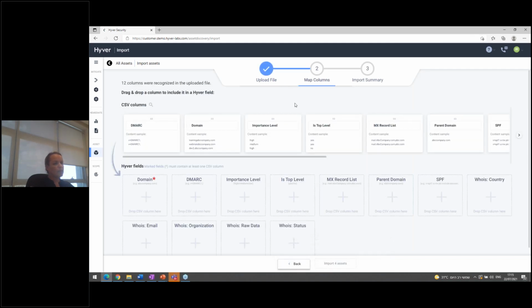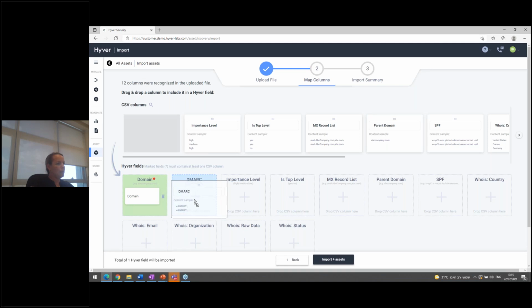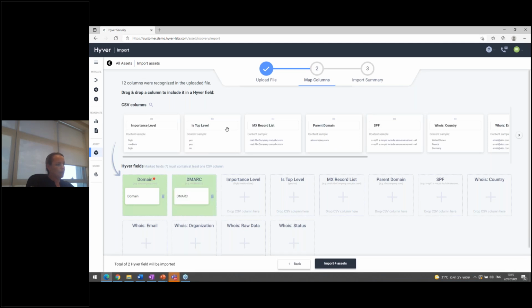Here, on the upper side, you can see all the columns which are available within my CSV file. On the bottom, you can see all the attributes that Hyver supports. As you can see, only domain is mandatory. All I need to do right now is to start and drag and drop and map between the columns available in my CSV file and Hyver